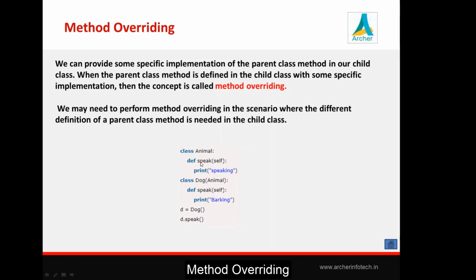Like see here in the example, there is a class Animal. This class contains the speak method where we are just printing speaking. Now there is a child class of this Animal class, that is Dog, and inside this Dog class we rewrite this method once again, speak. When you are saying redefining, it means that whatever parameters we are sending to this speak function should remain the same over here also. Inside this speak method we are just giving a different implementation of the speak method. So this is known as method overriding. The Dog class overrides the speak method of the Animal class. In other words, the child class overrides a method of a parent class.